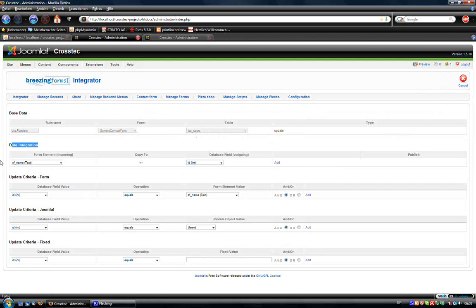Here we still have our data integration, which means what we have done right before, copying form values to database fields. But now we have three types of update criteria. We have update criteria form, which means if the database field that we've chosen here equals or not equals or is greater than or less than or whatever the given submitted form element value, then and only then